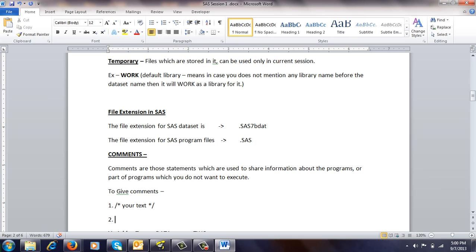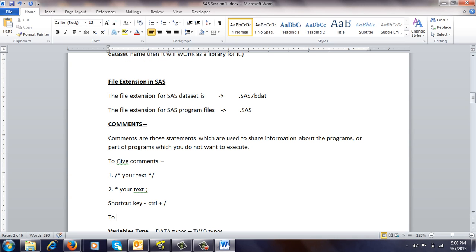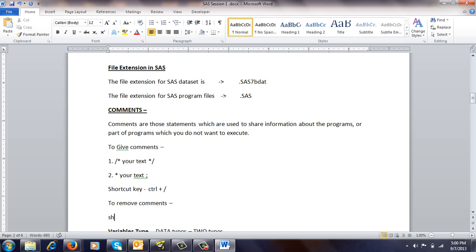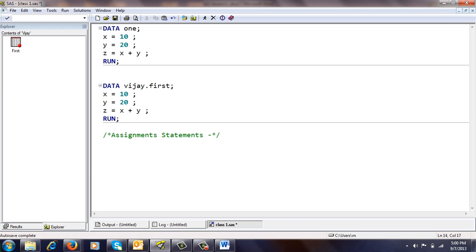Second is just put a star, your text and a semicolon. The shortcut key will be control plus /. To remove your comments, the shortcut key will be shift plus control plus /. Like here in this part I want to remove the comments, so I give control / shift control /.